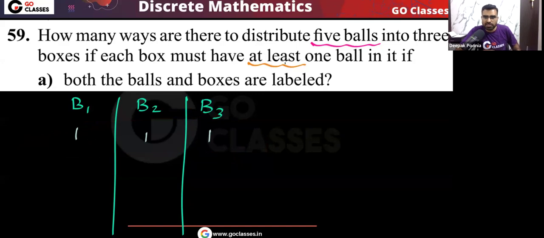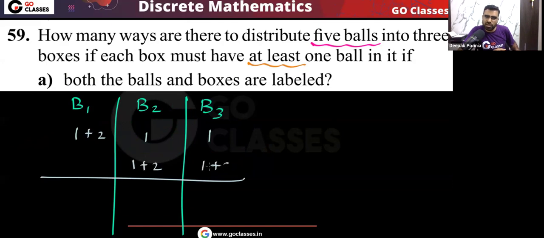Maybe these remaining two balls go to the same box. Means you put the remaining two balls here, or here, or here.